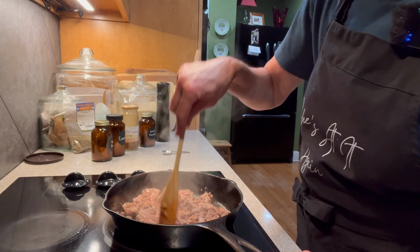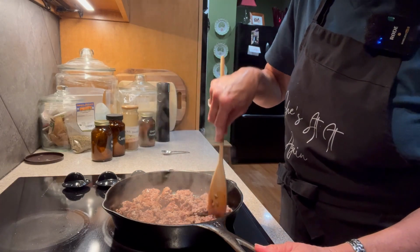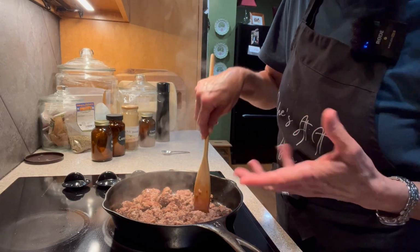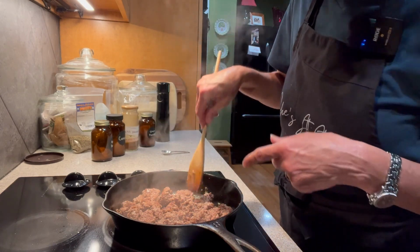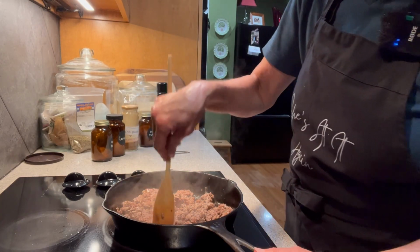Looks like our meat's getting a really good sear on it. Now I can just start chopping it up. I'm going to turn the heat down a bit and start adding my spices to it. I just traded out my minced onions, which I normally add to ground beef when I'm cooking it for tacos. Traded it out for onion powder because this really doesn't have a lot of liquid to go in it. The beef doesn't have a high fat ratio, but